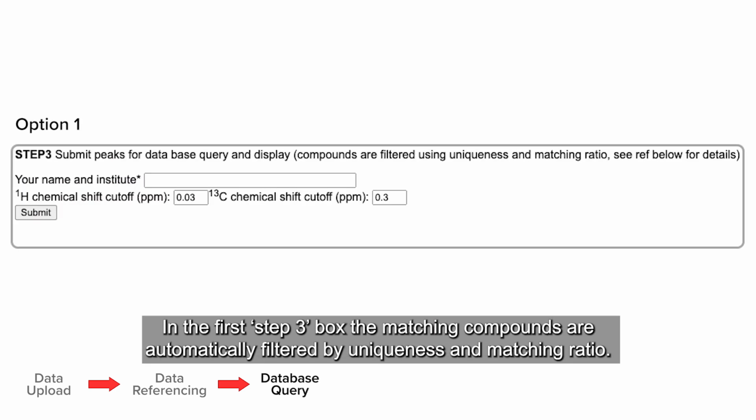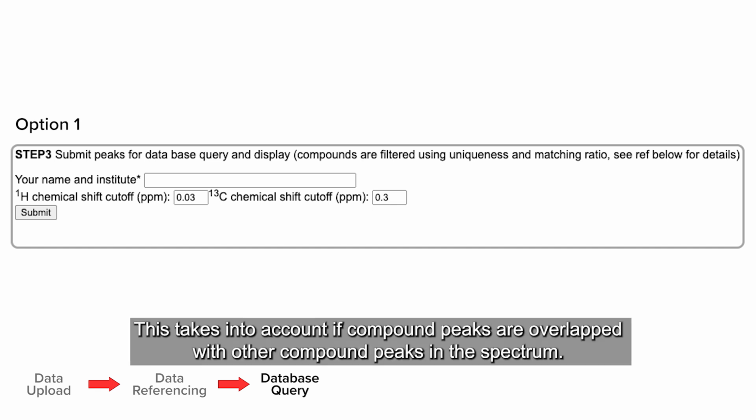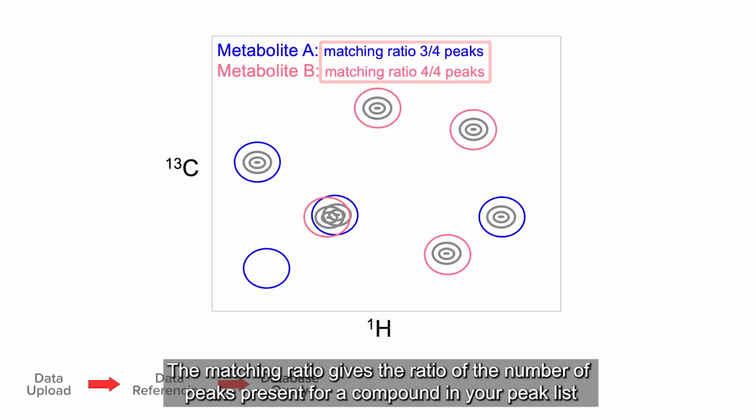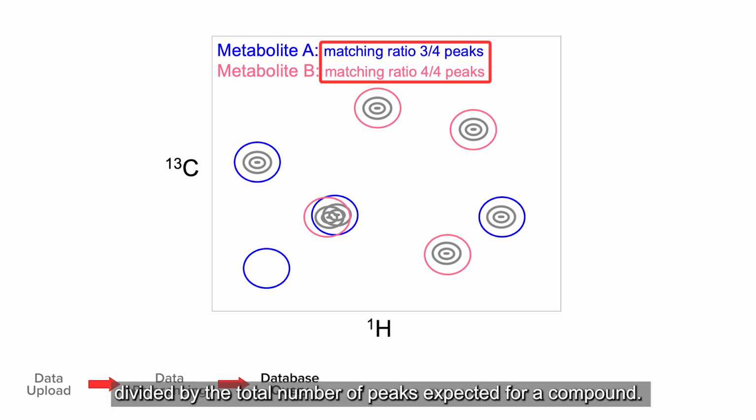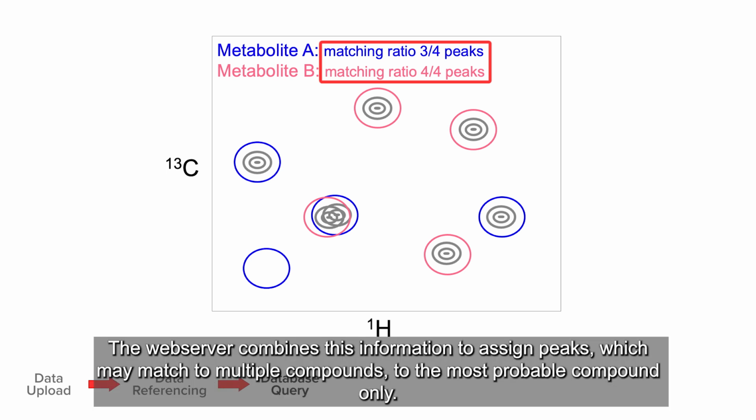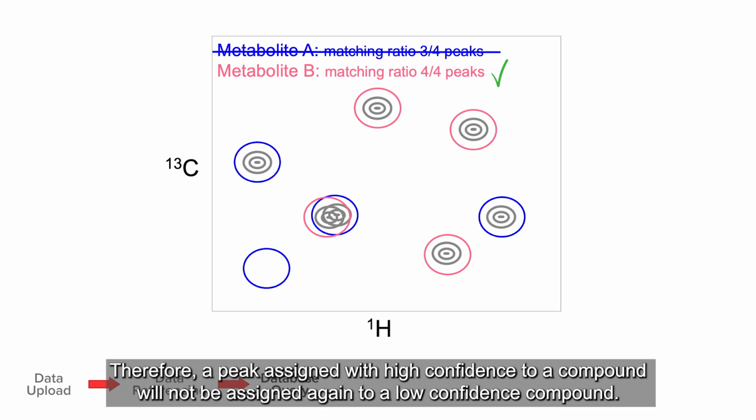In the first Step 3 box, the matching compounds are automatically filtered by uniqueness and matching ratio. This takes into account if compound peaks are overlapped with other compound peaks in the spectrum. The matching ratio gives the ratio of the number of peaks present for a compound in your peak list divided by the total number of peaks expected for a compound. The web server combines this information to assign peaks, which may match to multiple compounds, to the most probable compound only. Therefore, a peak assigned with high confidence to a compound will not be assigned again to a low confidence